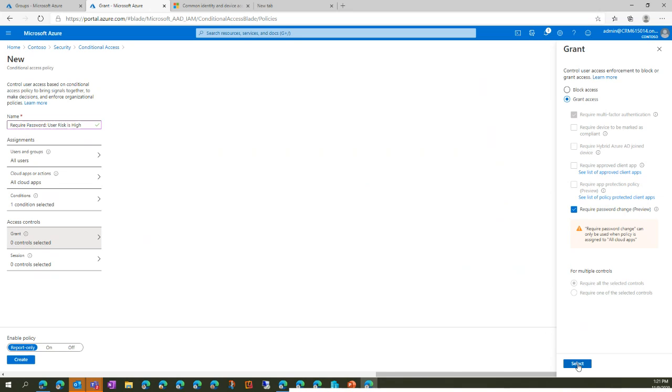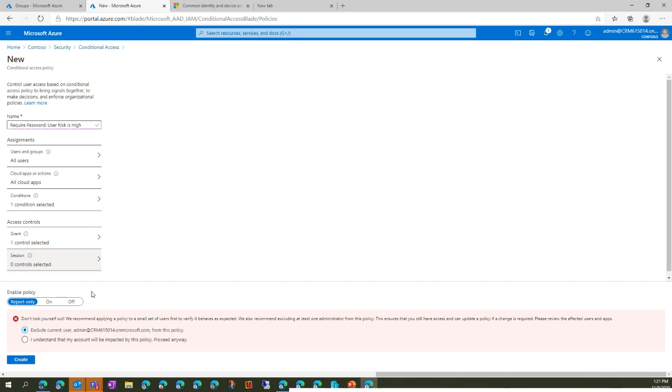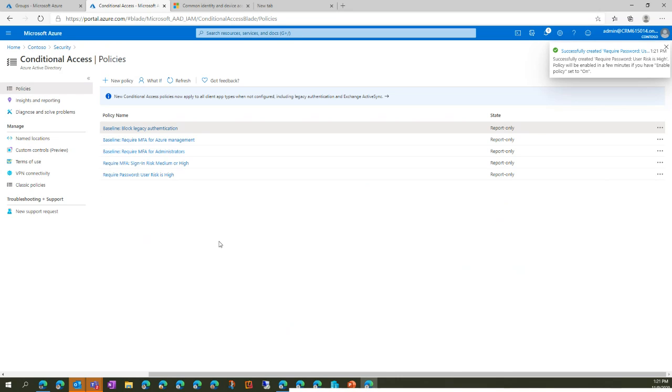So I'll select that one. Once again, I get the warning. Everything's in report only mode. And I'll go ahead and click create. And so another good one that a lot of people use, and I have 2 more to do, is a